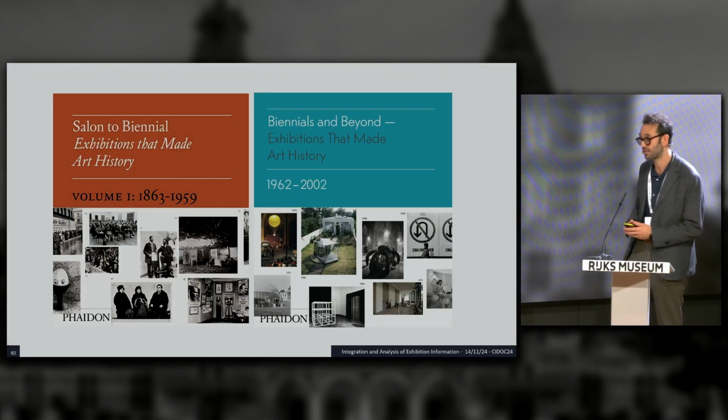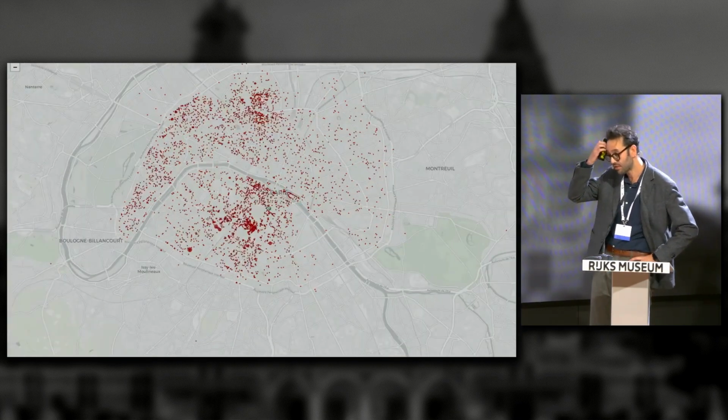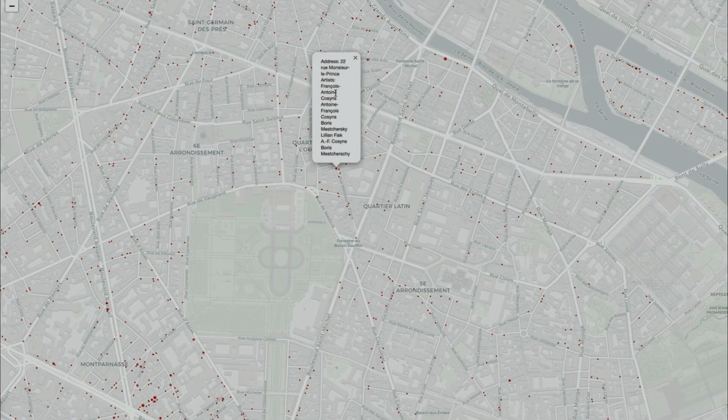Where can we find this exhibition data? How can we put it together? How can we analyze it? So first of all, by looking at the data that we find from exhibitions that are coming from museums and not only,